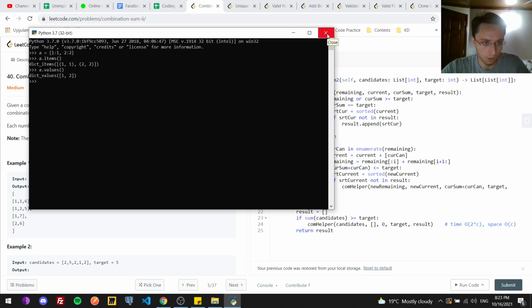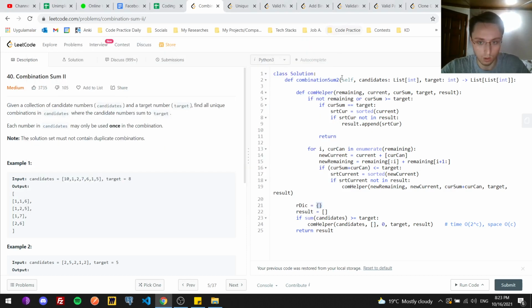Then what would be the case if you have something like that? One, two, three, four. Okay, that works actually. That actually works. So